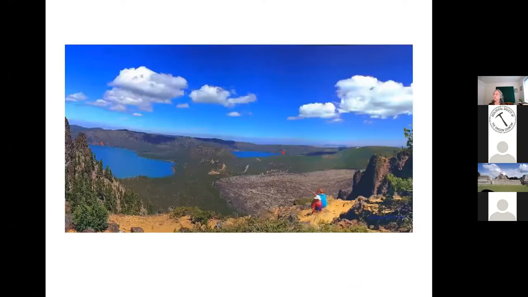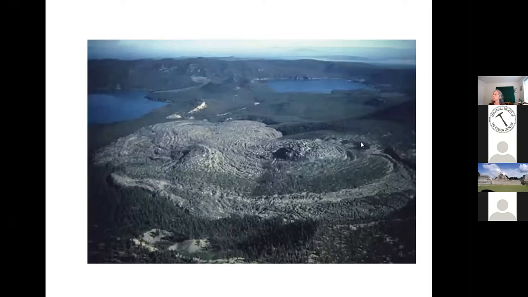But up in the center of this Newberry caldera, we could call it the big crater or caldera, it's got two lakes, East Lake and Paulina Lake. And here's another picture of it showing the big obsidian flow. This is a huge feature, and that mountain is so large, and it is the youngest in an age progression of lava across the high lava plains.